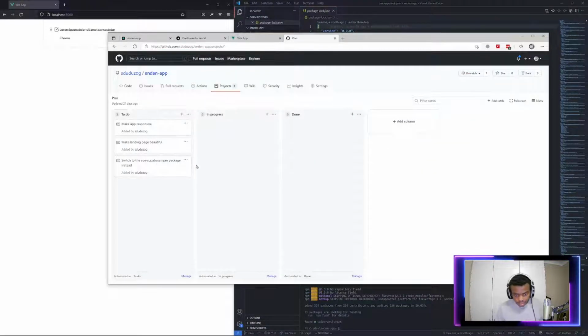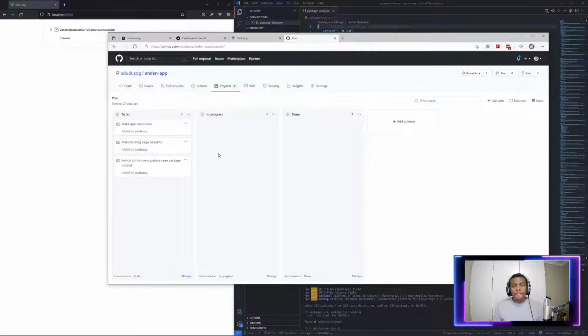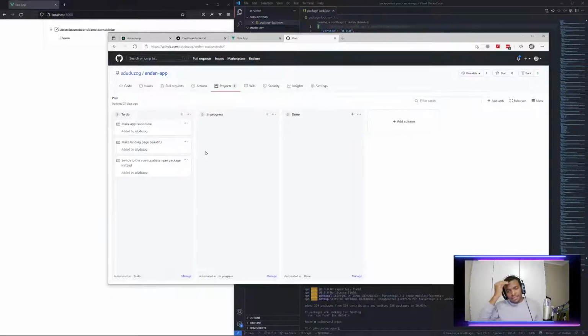And the plan is to make app responsive, make landing page beautiful. That's asking too much. Switch to Vue Supabase npm package instead. And I think, yeah, I'm bad at this. These are the 3 things I added last time that I said I was gonna do, but